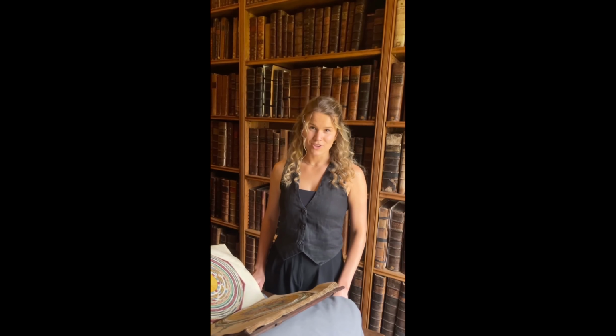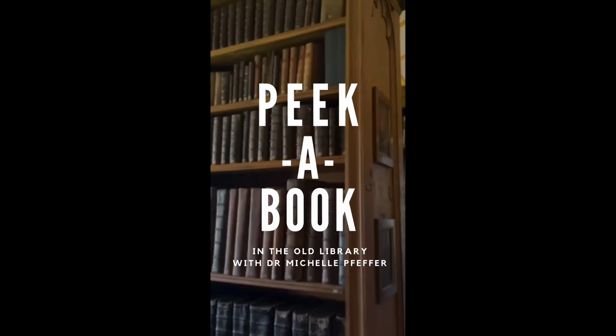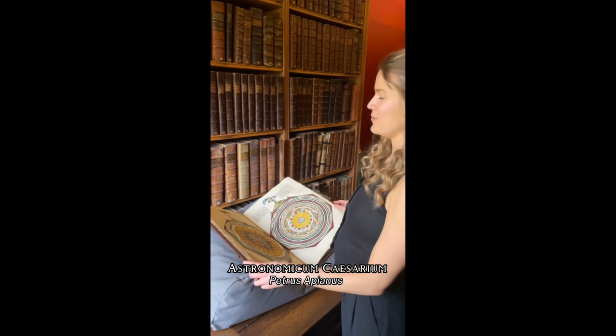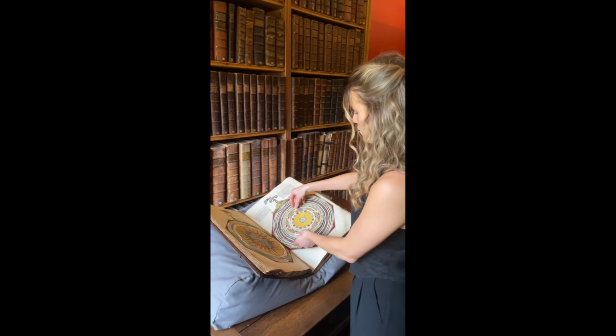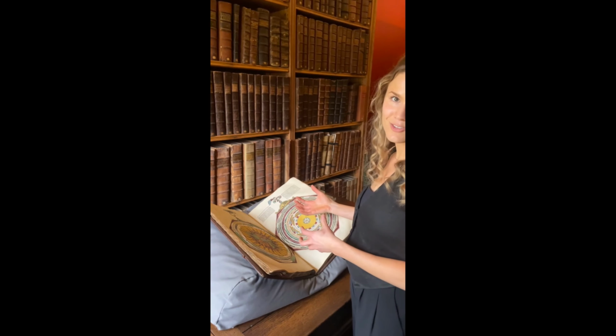Astrology was an academic subject in Europe up until the 17th century, so if you were a student here at Magdalen until then, you would have studied astrology. This 16th century book is one of my favourites in the entire old library. It's famous for its volvels, which are basically paper computers that help you to calculate the positions of the stars